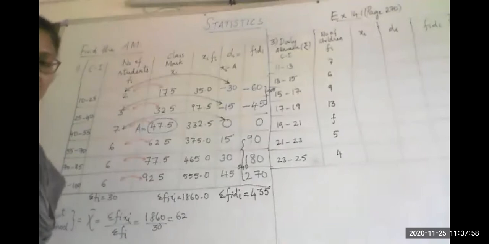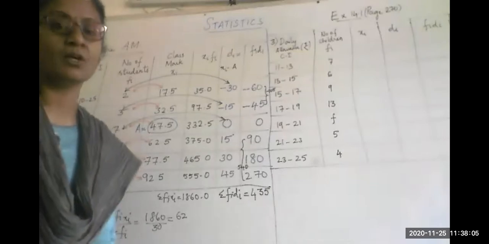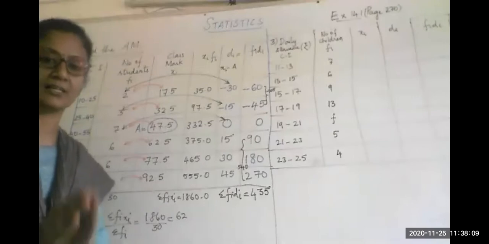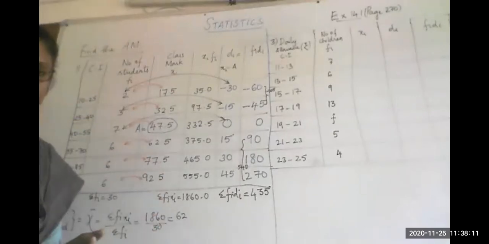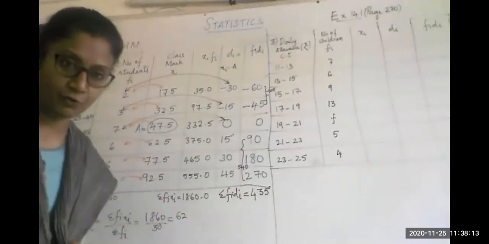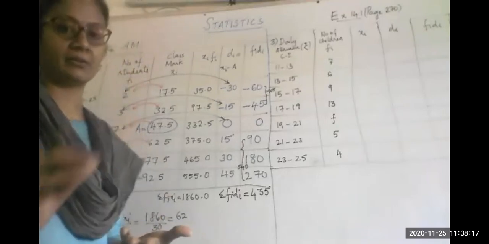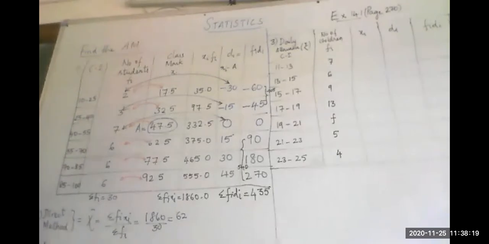So choose a method appropriate for you and please do it because nowhere in the board exam or any other exam are you going to be specified about the method. The question will be: find the arithmetic mean of the distribution. So you first confirm which is the formula you know properly, which is the method you have understood properly and only do that one. Is that clear?